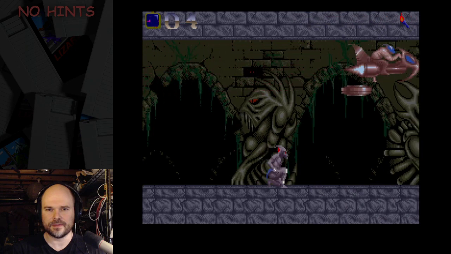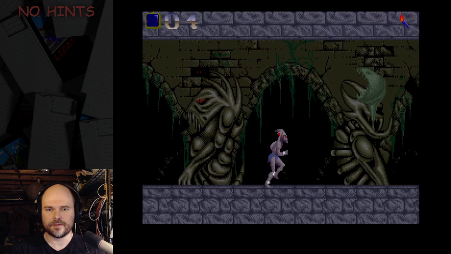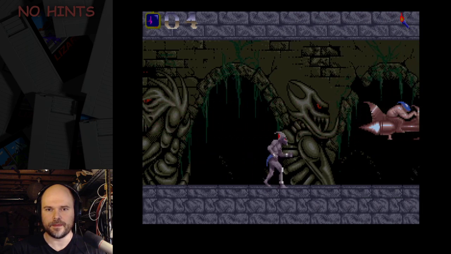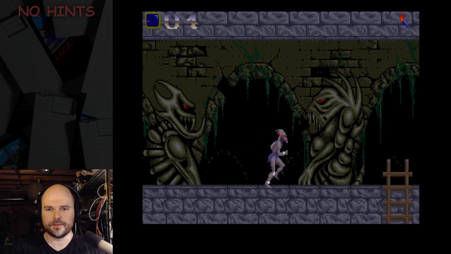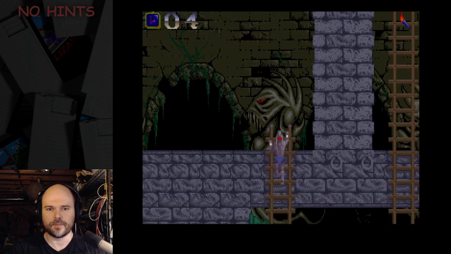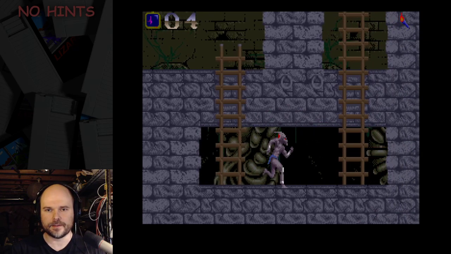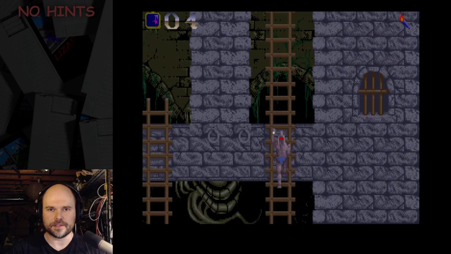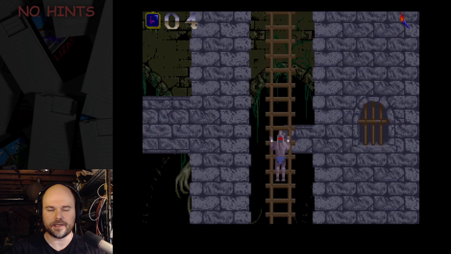Duck? No, not yet. Now I duck. There we go. Rolly 1, rolly 2. Okay. This snake is really tricky to time. Got it. Okay, so this is the red slime that I don't have. So if I go up and then down...